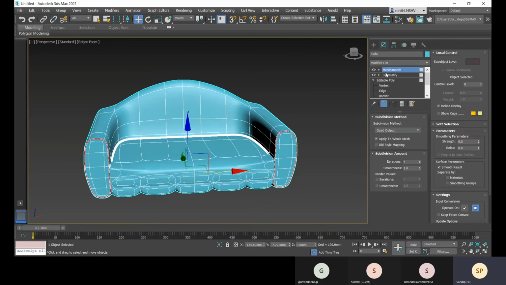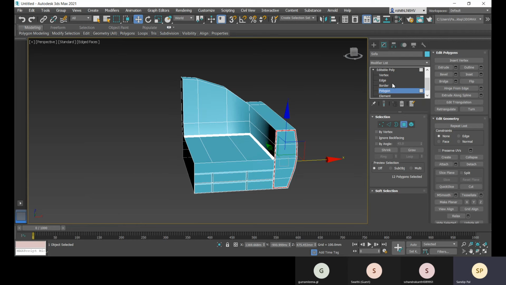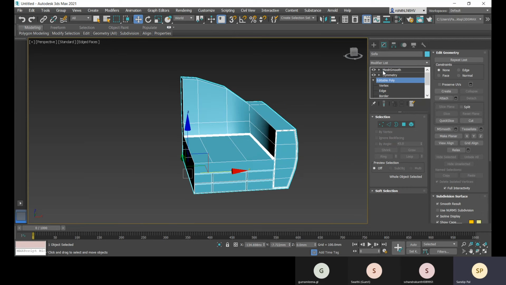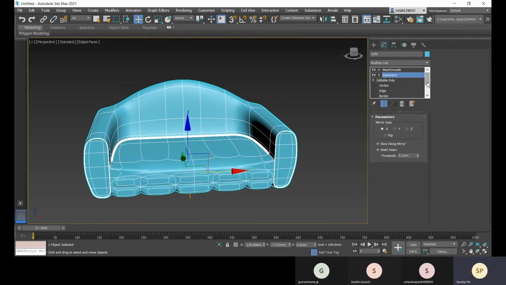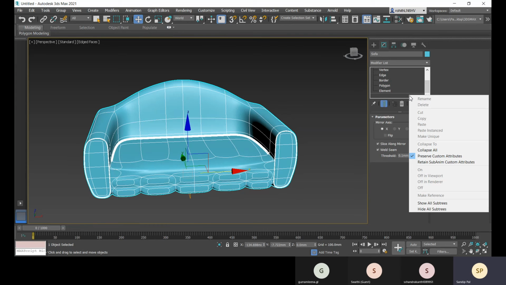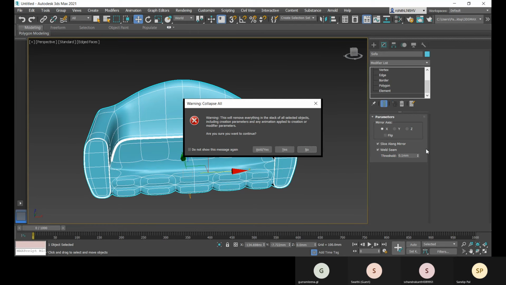Right. And after this, if you don't need to change anything anymore, if you don't need to apply all this editable poly anymore, and you don't want anyone to change anything, then what you can do is right click, and you will have this collapse all option. So let me just select this mesh smooth, click here outside of it, and you can click on collapse all, and then click on the yes option.